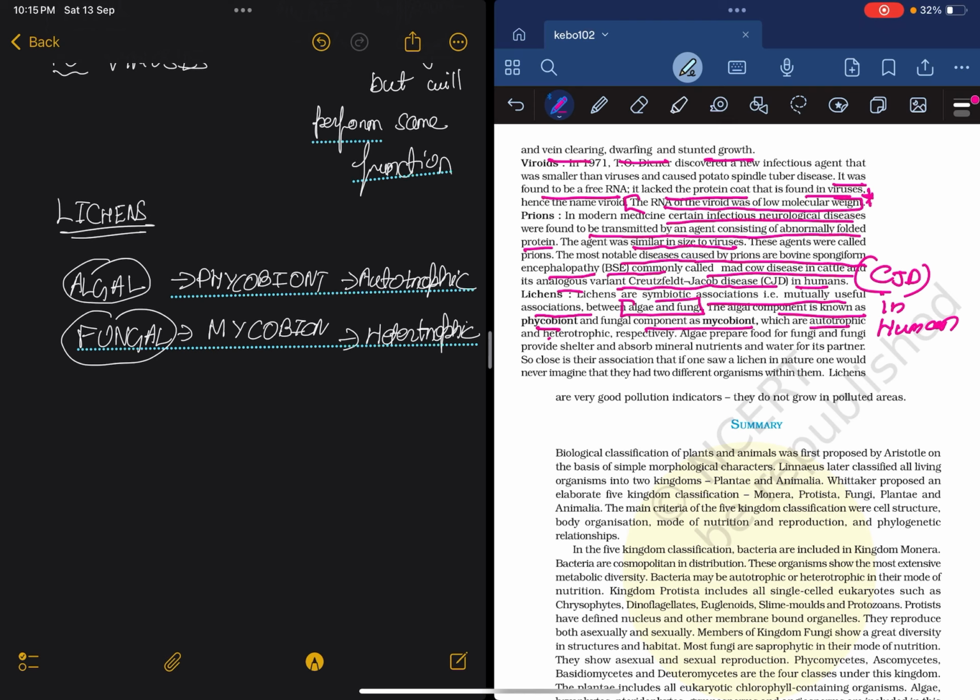So the fungal component takes food from the algal component. Algae prepare food for fungi. Fungi also, since they have mutualism, where both partners have an advantage, that if one is doing something, the other has to do something too. Since algae prepare food for fungi, the fungi also provide shelter and absorb mineral nutrients and water for their partner. So close is the association that one saw in